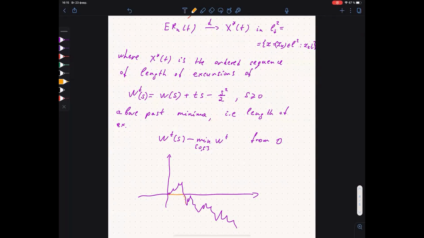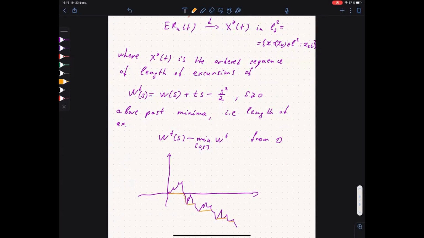Here you also have many excursions, but my picture is not good enough; that graph doesn't look like the typical trajectory of Brownian motion. But anyway, it is something like that. Then if we order these excursions, we get exactly the limit,